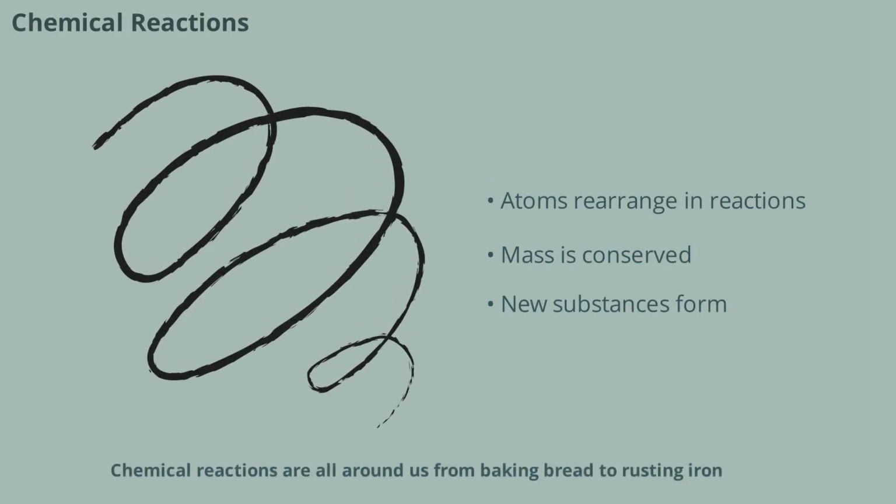Chemical reactions are all around us, from baking bread to rusting iron. During a reaction, atoms rearrange to form new substances. But here's an important rule: mass is always conserved. That means the total amount of matter stays the same before and after the reaction. This principle, known as the law of conservation of mass, is a cornerstone of chemistry and helps us predict the